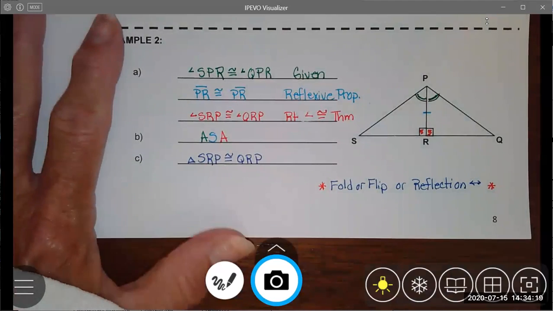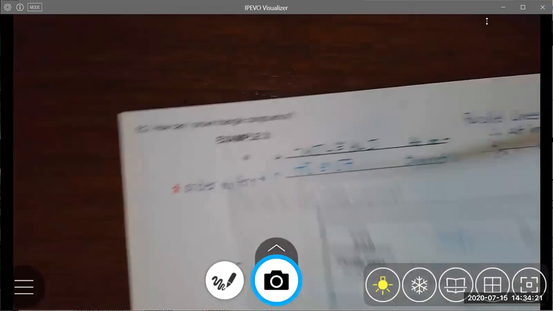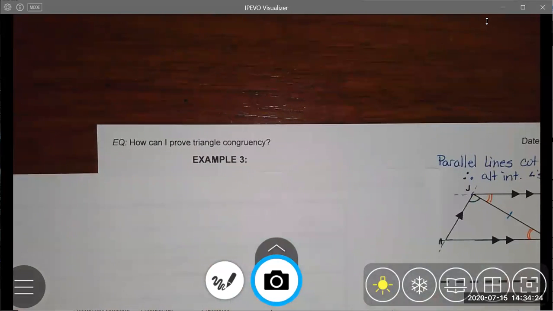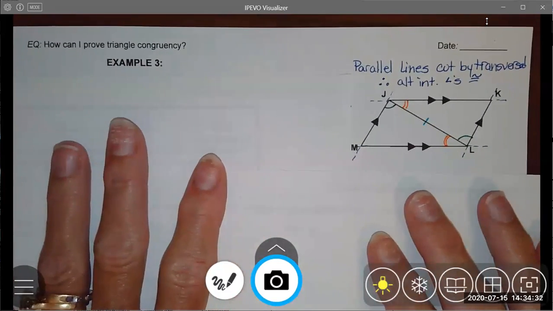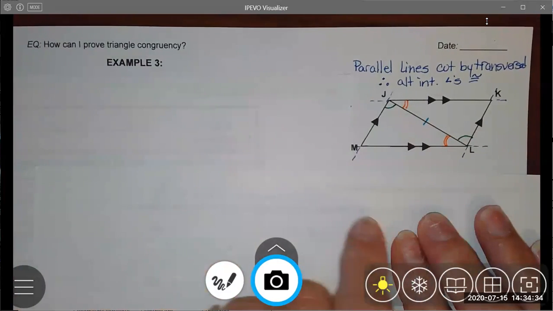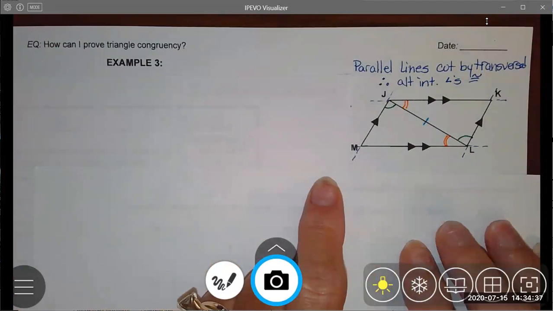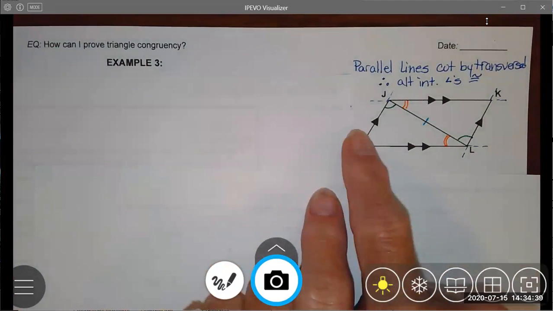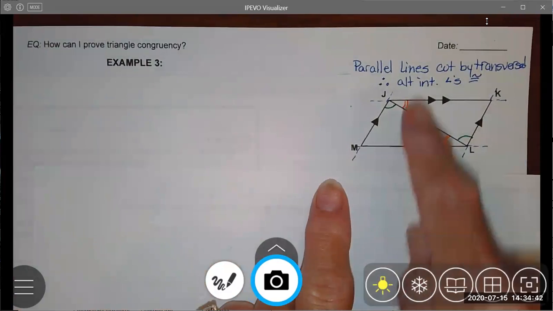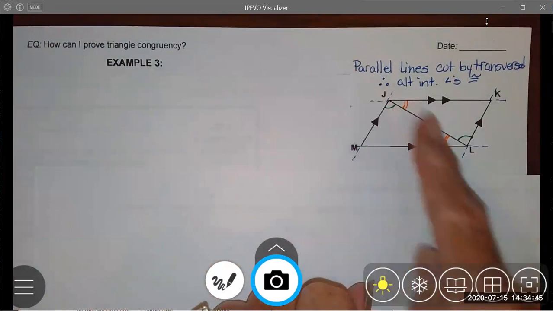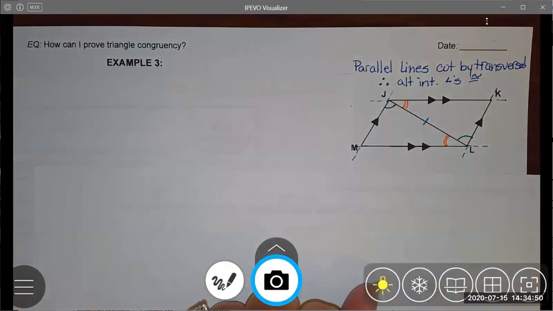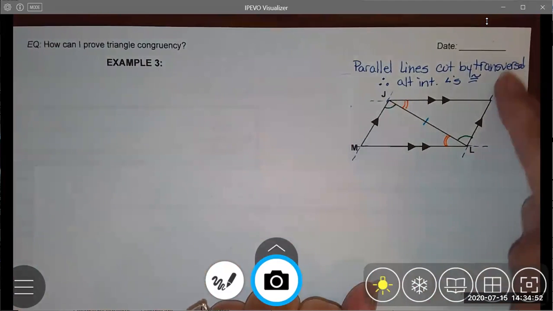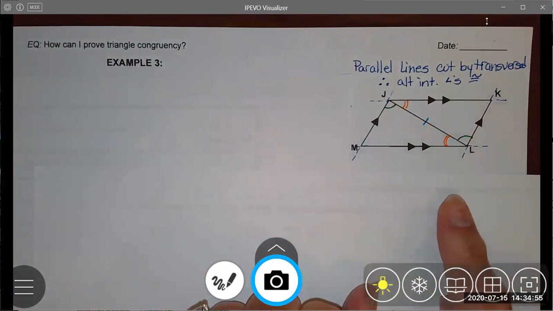The next one we're going to look at, I can make these pictures, these similar or congruent triangles, so interesting. In this case, it might initially just look like a parallelogram, but what it's telling me actually is that I've got parallel sides cut by a transversal, and that transversal, as it's drawn, happens to make two different triangles. I went ahead and extended the lines just a little bit